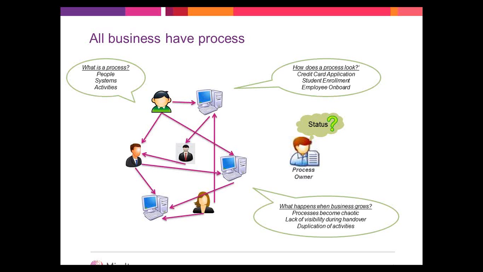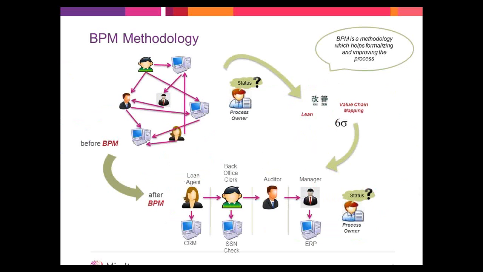And if a loan has been rejected, a loan manager needs to know why it got rejected and needs to know in real time, as opposed to knowing after the loan being rejected after say a day or two. So he wants to take an immediate action. So basically, with the manual process, when the process grows, it becomes chaotic, and it just increases the lack of visibility. So how can BPM solve this problem? So before we talk about